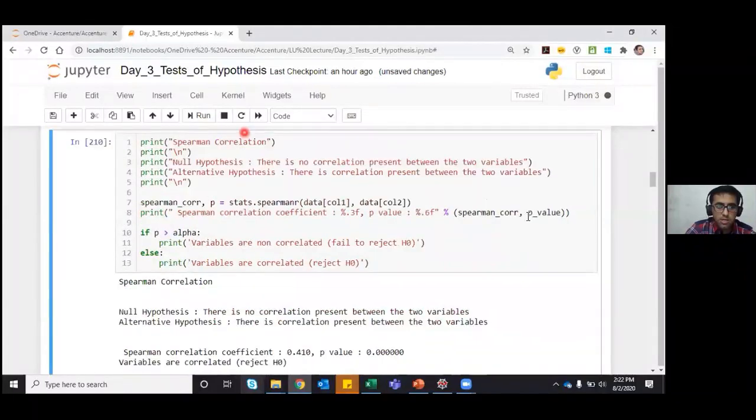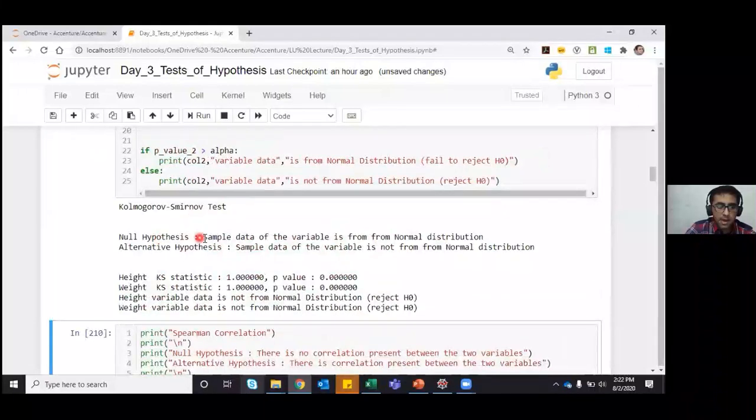Now I will just run this and you can see how it answers. My null hypothesis is that the sample data of the variable is from a normal distribution; the alternate hypothesis is that it is not. Height is my variable, so I've got the KS statistic as 1, for weight the KS statistic as 1, and the p-value 0 is less than alpha, which is 0.05, so we reject the null hypothesis.